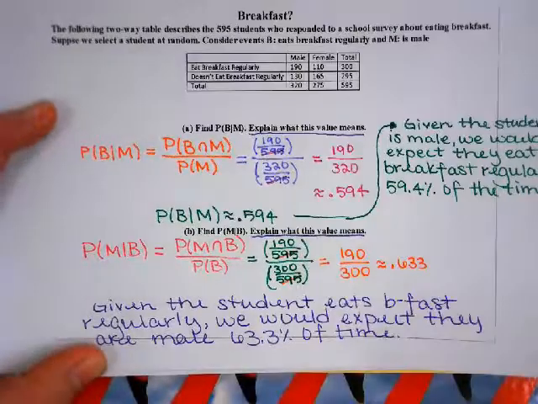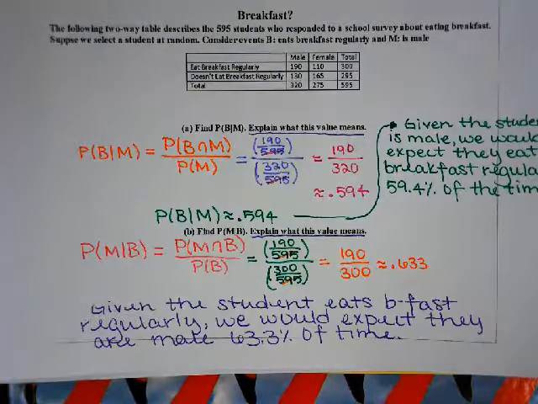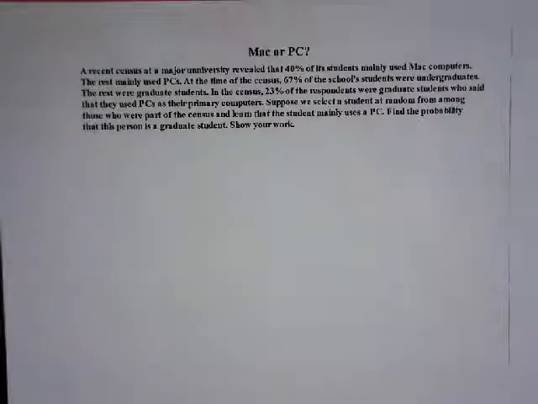Questions before we... all right, last one. Given the information in a table, we need to either make a two-way table or a Venn diagram so that we figure out the probability. So, a recent census at a major university revealed that 40% of its students used Mac computers,